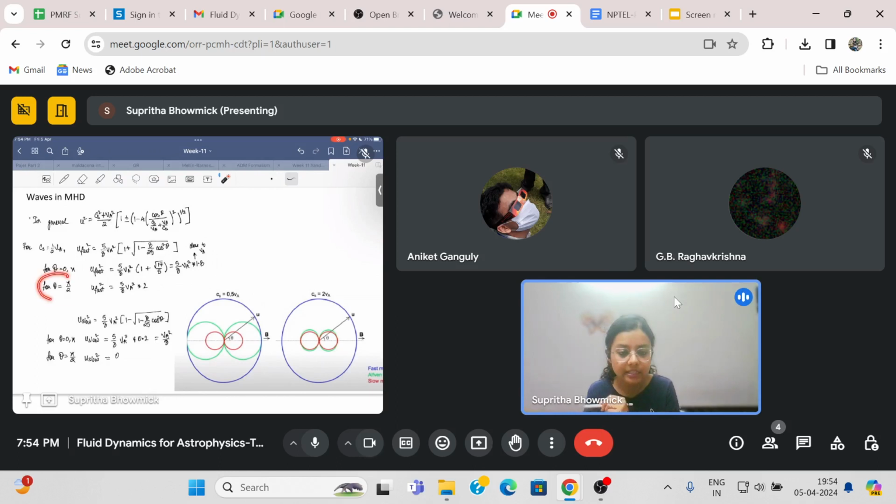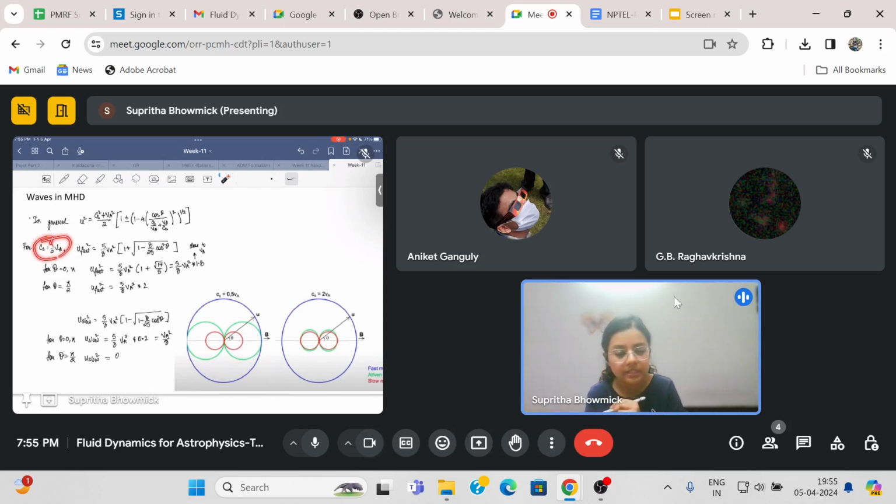Next, we consider the limit where theta is pi by 2. So we are looking at this line, this propagation. For theta equals pi by 2, u fast actually simplifies to pi by 4 VA square. So you see that the value of u fast at theta equals 0 and at theta equals pi by 2 are not that different. They're actually quite the same, right? So it's very nearly isotropic, even though we are not working in the simplifying limits of Cs much larger than VA or VA much larger than Cs. We are working in a limit where Cs and VA are comparable. We still see that u fast is very nearly isotropic.